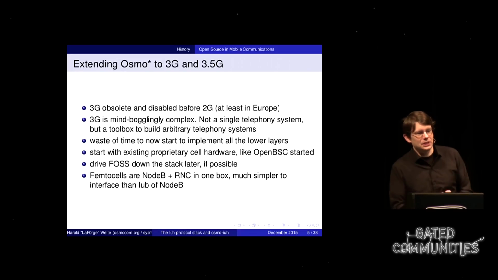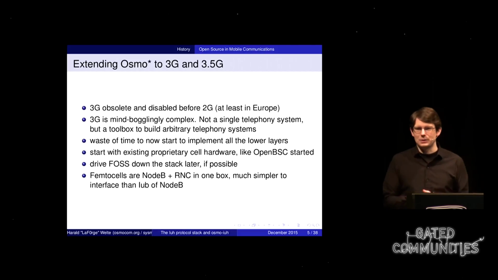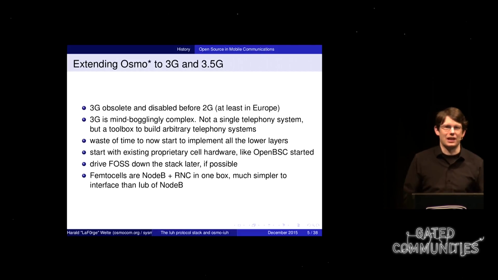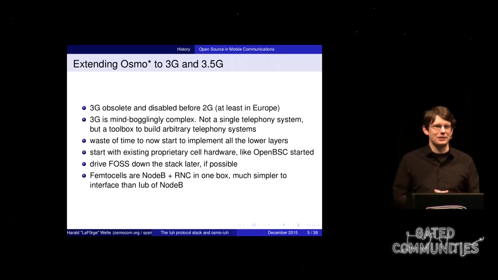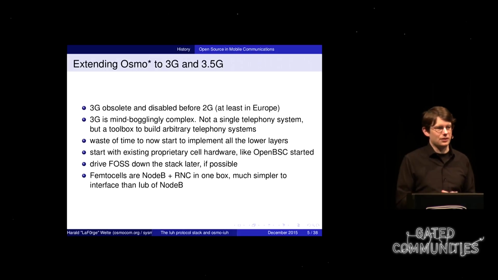Today we're talking about 3G and 3.5G. And there's a bit of ambivalence with that subject because, well, today if you talk to people in the industry, they will say, who cares about 3G, you know, it's dead anyway. We are already at the point of peak 3G. So in the next few years, the number of subscribers and the number of networks offering 3G services is no longer growing. It's basically stagnating and will turn downwards in the near future.